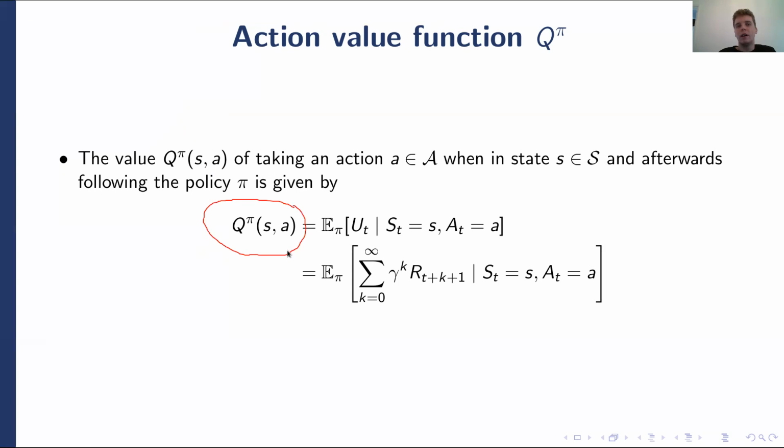Okay, so let's look at it once more. The action value of state S and A under policy pi is an expectation, considering that we will make decisions according to policy pi, of the sum of discounted rewards until the end of time, given that our current state is S and the action that we took in that state is A. So in state S, I'll take action A. What is the return that I should expect to see from now until the end of time if after having taken this action, I'll follow the policy strictly?